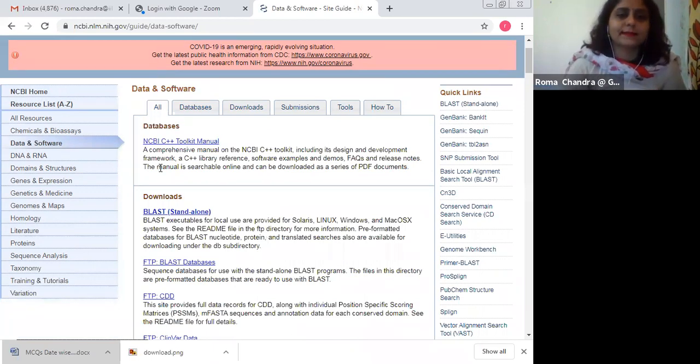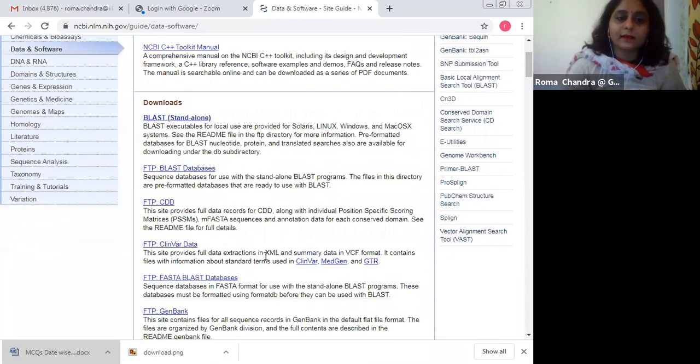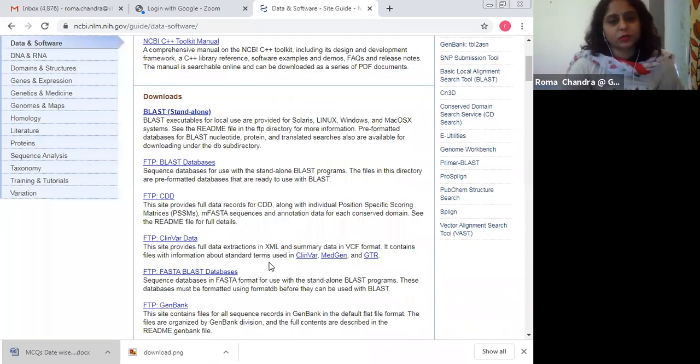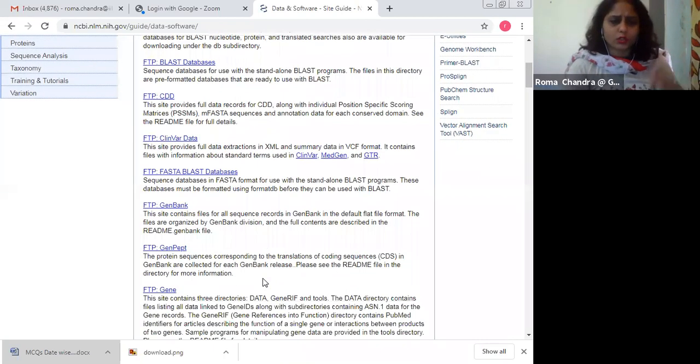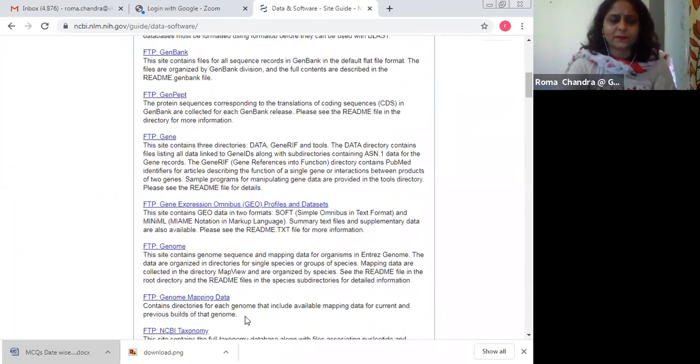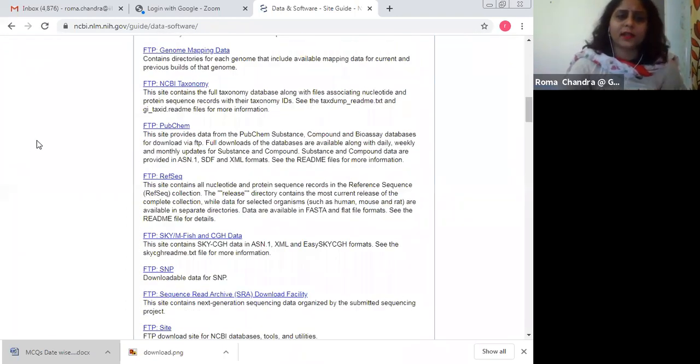So this is the C++ toolkit manual. Then BLAST is there, the Basic Local Alignment Search Tool. The link is there, BLAST databases, the CDD database. Okay, so all sorts of databases, FTP links are here. You can click any of them.